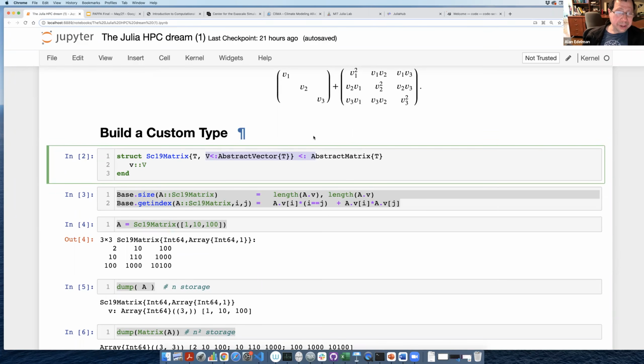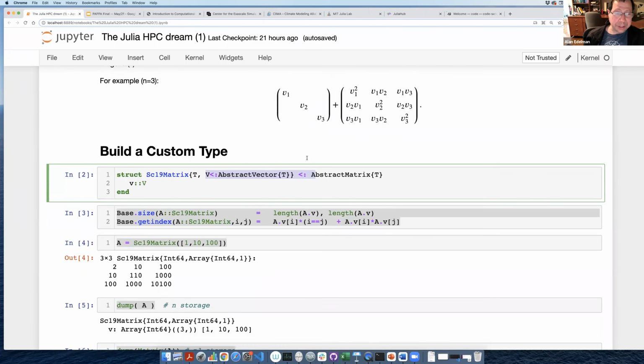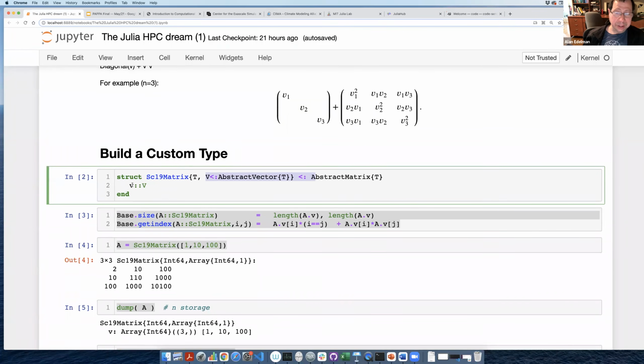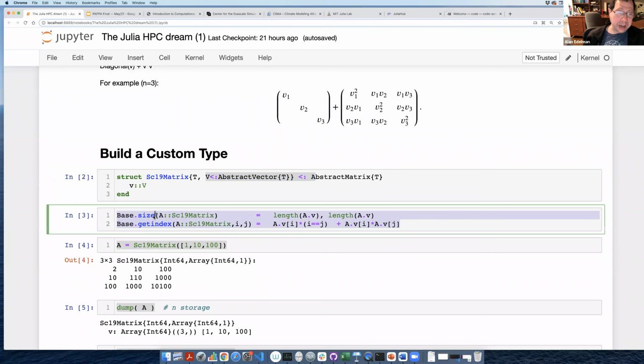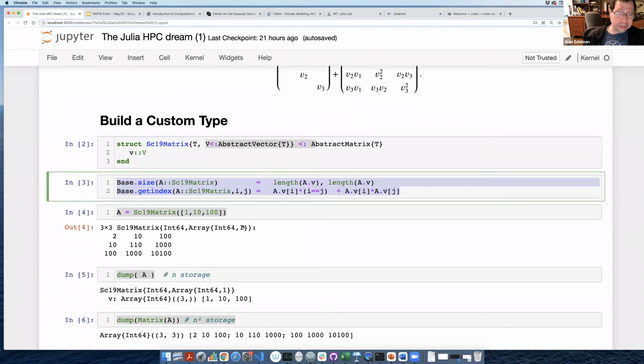Alrighty. So here I've got my special type, and it's only going to depend on these numbers v. I'm going to take a general vector v. And the only thing I need to really create something that is abstractly a matrix is a size. So that'll be the length of v. It'll be an n by n matrix abstractly. And I have to be able to figure out how to get an entry. What this basically does is say that if I'm off the diagonal, I just multiply, like Estelle was saying, it's just like a covariance matrix. And if I'm on the diagonal, I'm going to also add v.